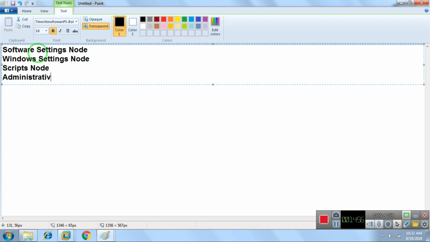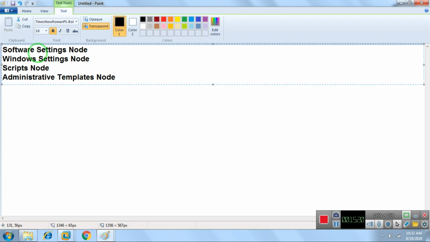After that we have the administrative templates node. In the administrative templates node we can implement so many things.